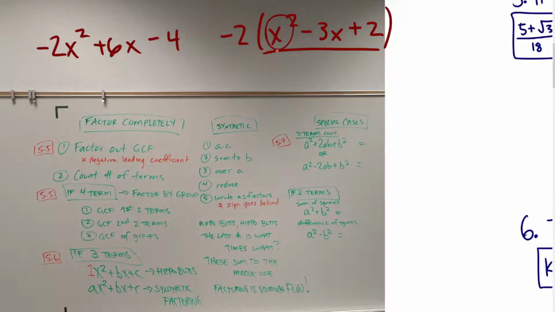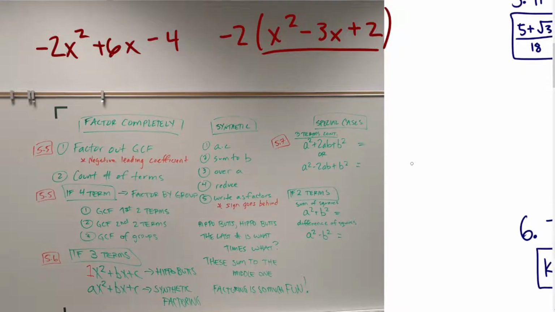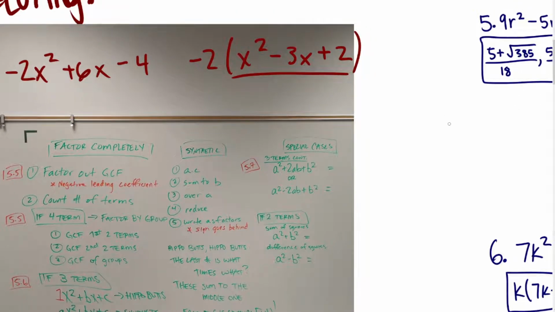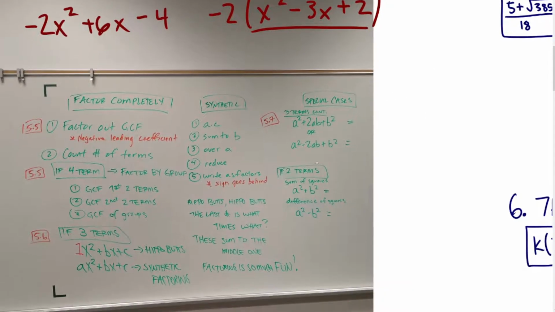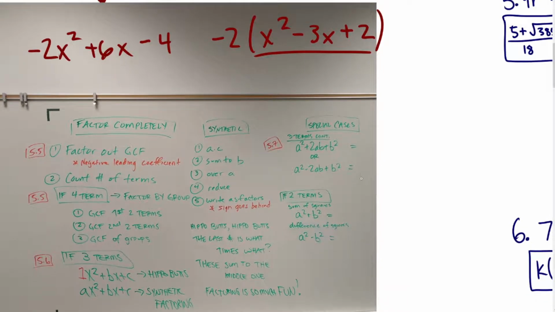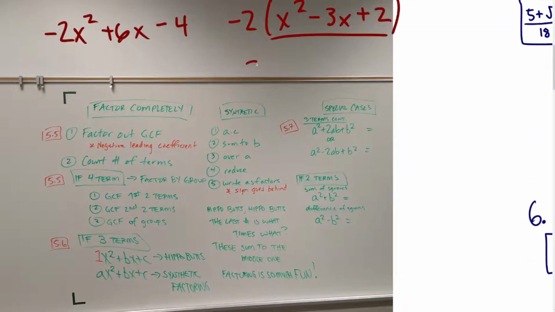Now that would be, what is the coefficient of your leading term? In this case, the coefficient of your leading term is 1. That's important. That's one of the easiest methods that we have, and it's something that we want to work towards. Now, if a coefficient is anything other than +1, like say you have 2x squared minus 3x plus 7, and you can't take out a greatest common factor,